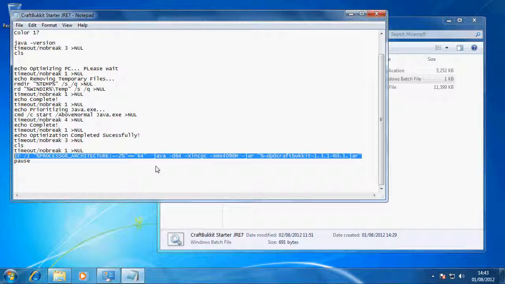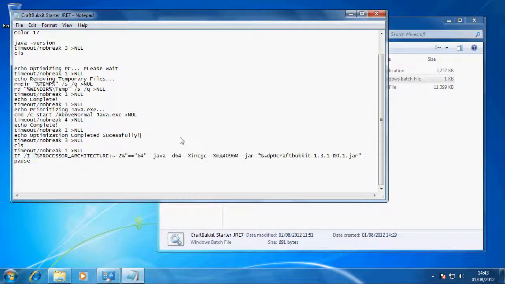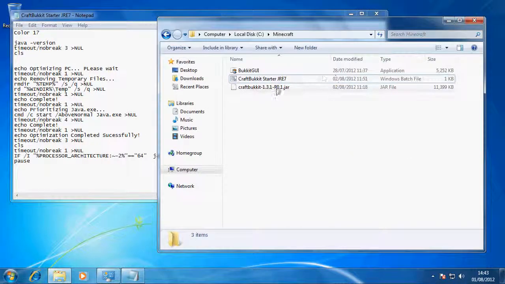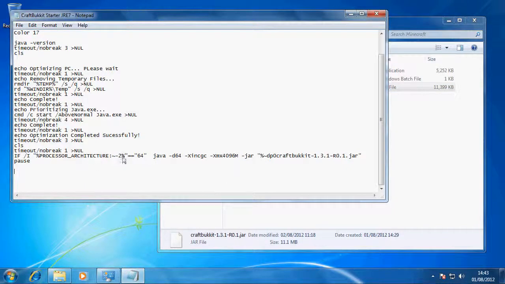In fact, I'll probably put this in the description, or at least link to some sort of better text file in case you can't read it. But basically what that does is it runs that jar file, which is that. It runs it on 64-bit Java, which we haven't got yet, and it runs it using that amount of memory. Okay, so change that to